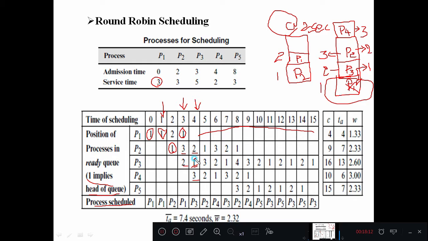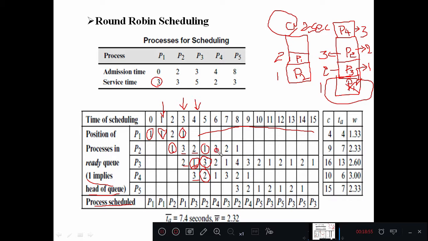So now P3 is at the head of the queue, so P3 is scheduled, right? So P3 is executed once, and P2 has executed for 1 second, right? In the same manner, after P3 is scheduled, the next scheduled process will be P2, right? So P2 comes to the head of the queue. Then P3 is preempted, so P2 comes here, and P3 will be kept after P4, so P4 is numbered as 2 and P3 is numbered as 3, right? So in the same manner we are going to number those processes, right?